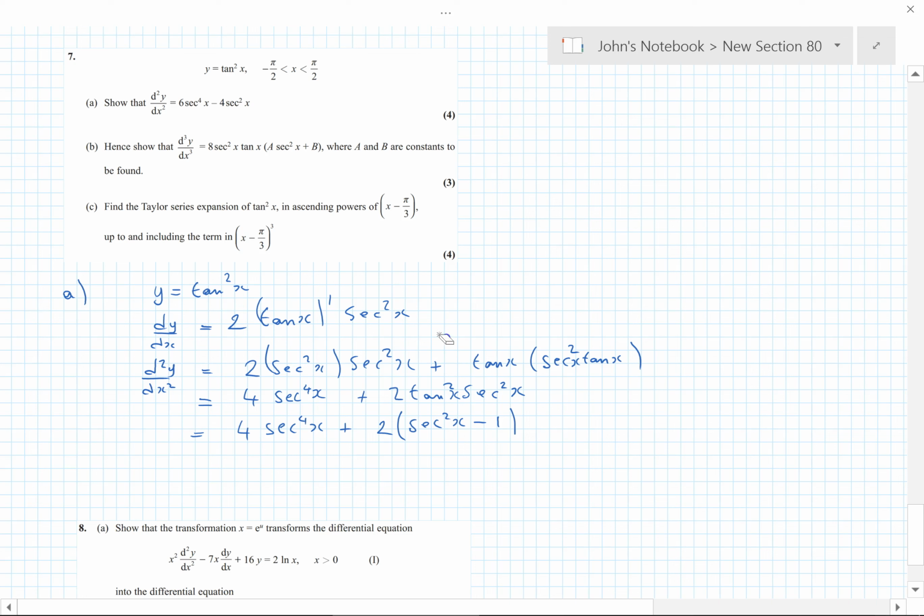Oh, there should be a 4 here, of course. It's obviously a 4 because when we differentiated, we already had a 2. And then when we took the power of 2 down, we differentiated, we get a 4. So there we go. So then that makes, and we've still got a sec squared x there. So that gives us what we want, 6 sec to the 4x